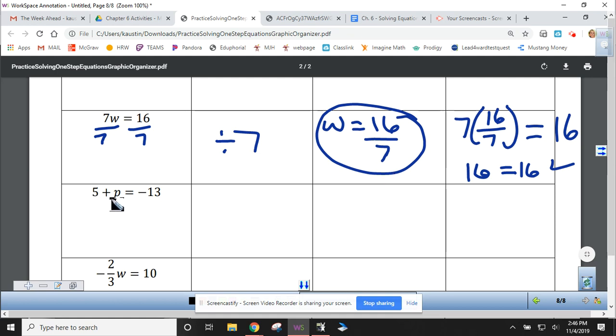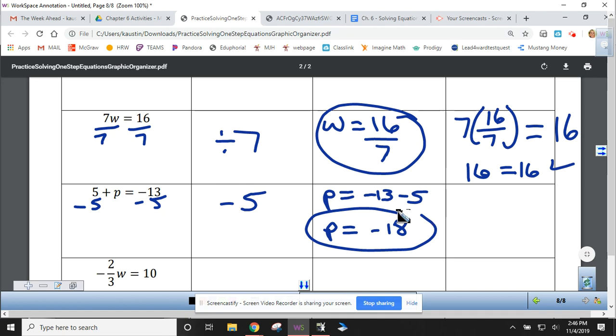This says 5 plus some number is negative 13. Well, the opposite would be to subtract the 5 to move it. Do that to both sides. So I've got p equals negative 13 minus 5, which is negative 18. If I substitute that back in, 5